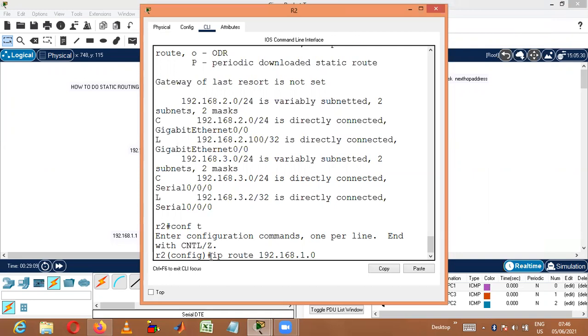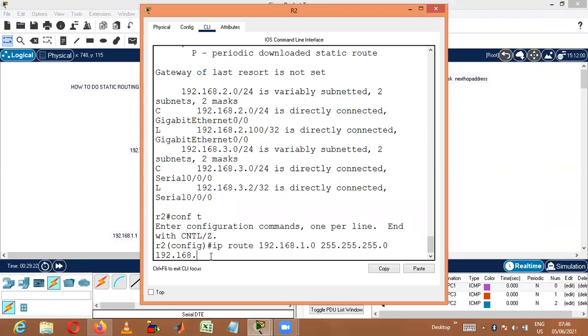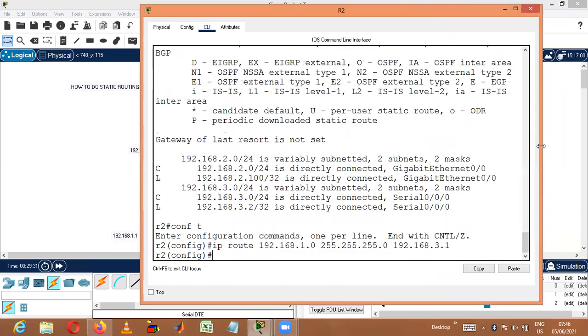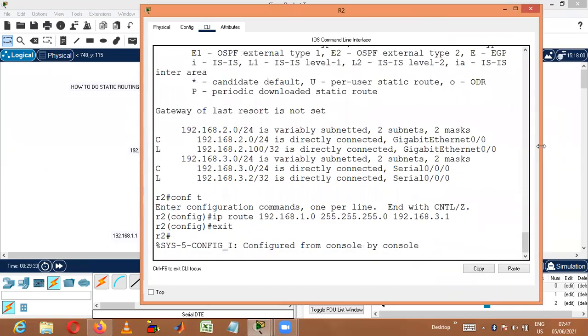What is the subnet mask? 255.255.255.0 and followed by, what is the next hop address? 192.168.3.1. Correct. Enter. Exit from this mode.